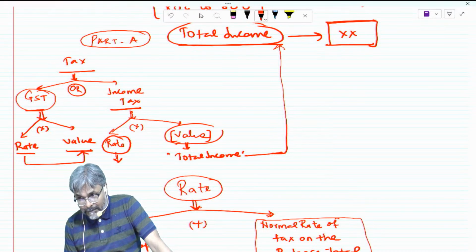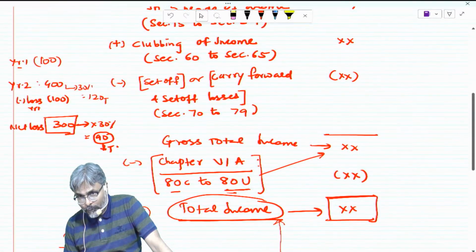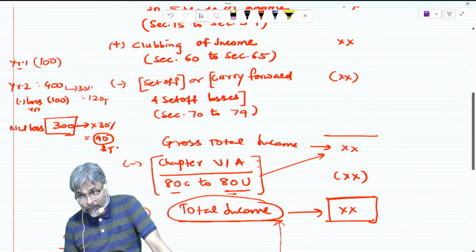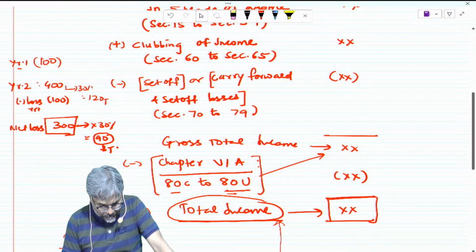What is the value for income tax purpose? The value for income tax purpose is the total income. How to calculate the total income, students? This I already have told to all of you. Isn't it? So now, students, in this context,